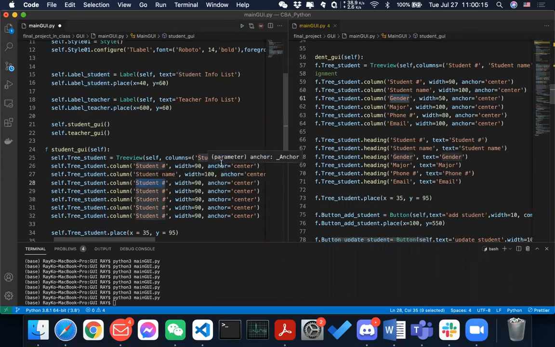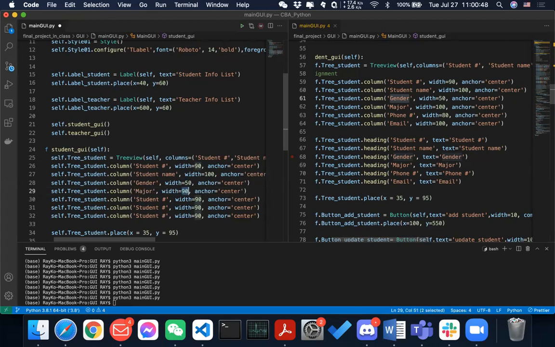But in terms of the size of our data, I think it still overflows, but you can improve it by yourself, or it is just because I have a smaller screen. But yeah,